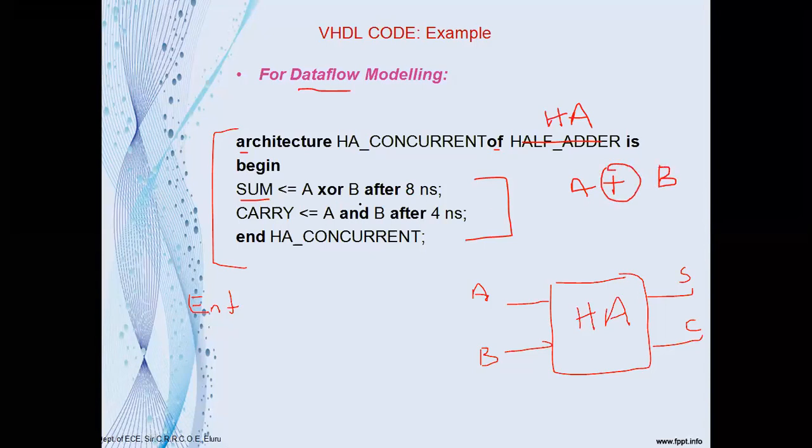Instead of writing the complete logic expression A bar B plus A B bar, you can simply represent it with an XOR gate, right? So therefore A XOR B after 8 nanoseconds, it is an optional one. So don't worry about this, we will see this later. Which means that A and B are logically XORed and the output is produced at the sum after the 8 nanoseconds. అది ఇక్కడ మీనింగ్. 8 nanoseconds తర్వాత మీకు ఈ లాజికల్ అవుట్పుట్ ఎక్స్ప్రెషన్ అనేది సమ్ కి వెళ్తుంది.